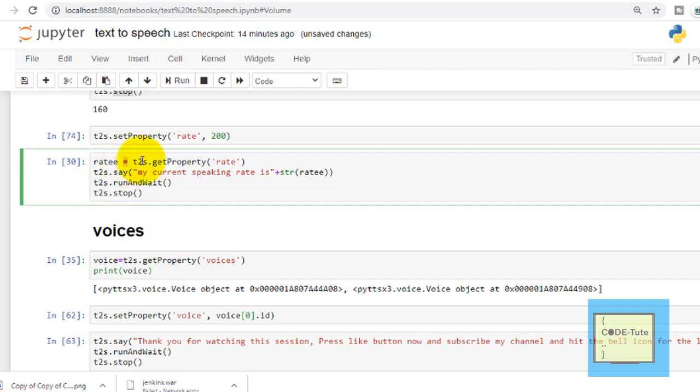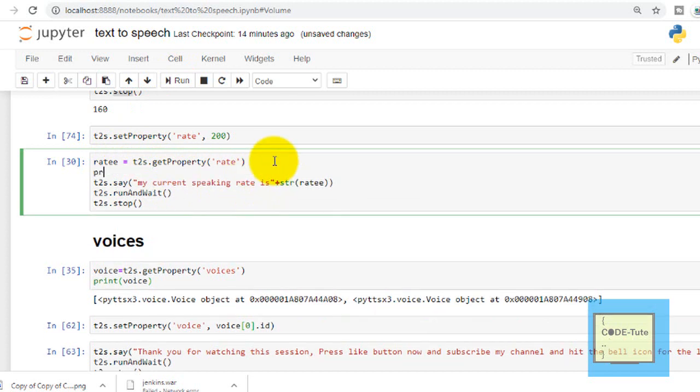Now the next code will again check the rate of the current speaker, and we will print it. So we can print that rate. Now if I run this statement, which is this one, then you will be able to hear the difference, because we have increased the rate of speaking.